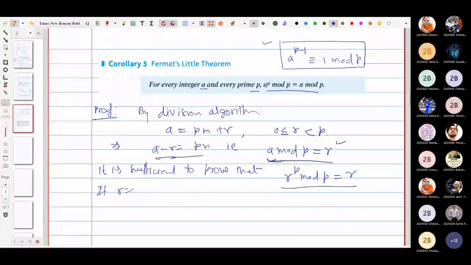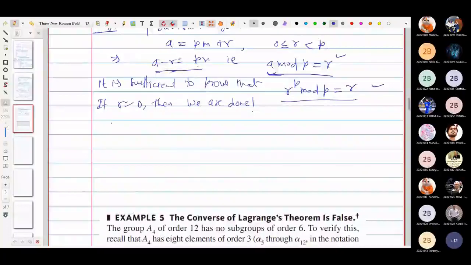If r equals 0, then of course the result is manifestly true. Then we are done, because once we keep 0 here, we get 0, and in the right hand side also we get 0. So in case r is not 0 and of course greater than 0,